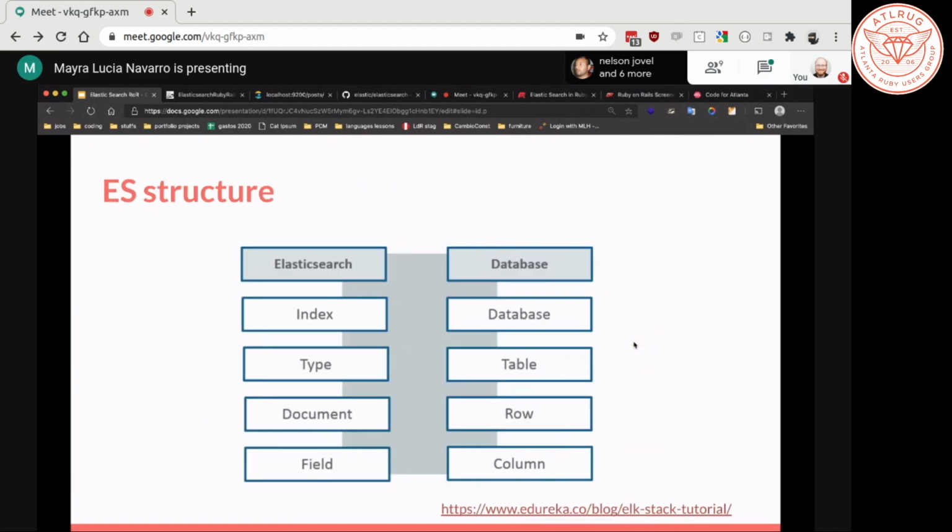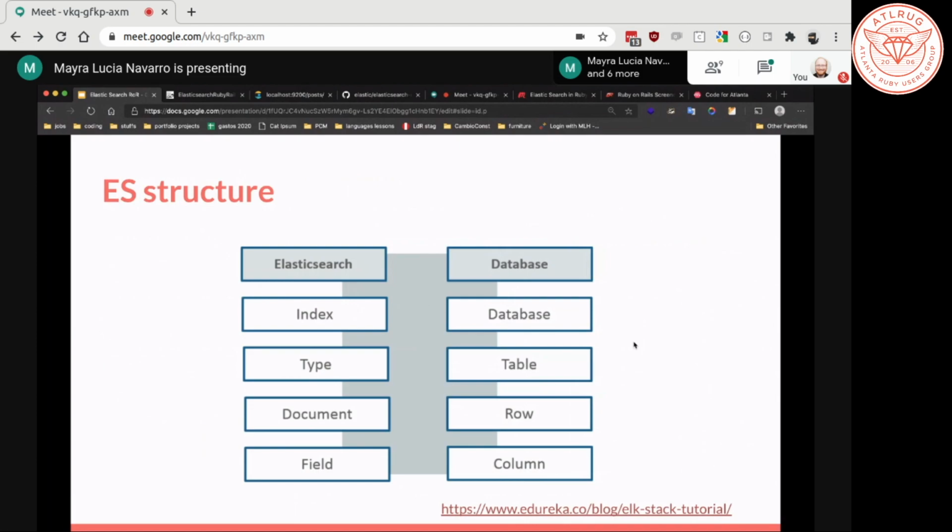When I was trying to understand Elasticsearch and its structure, this was really useful for me. I was trying to find a lot of webs, trying to find something similar, something to make it easy to understand, and it really was useful for me.